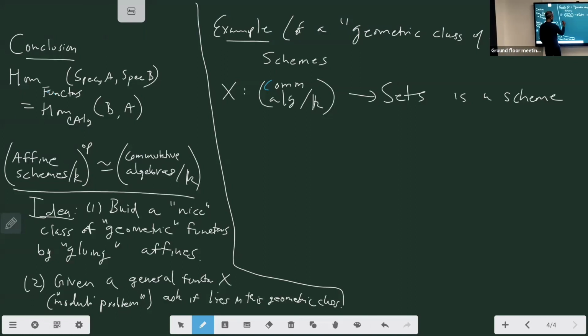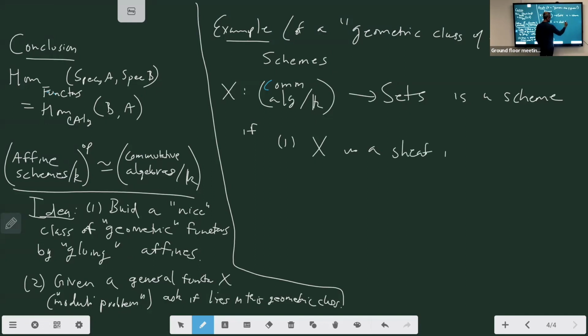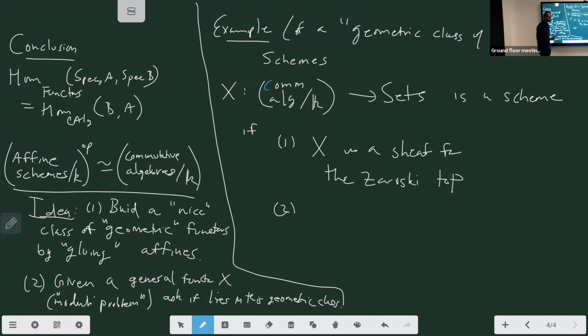If X is local, which means it's a sheaf for the Zariski topology, and it admits an atlas, which is a